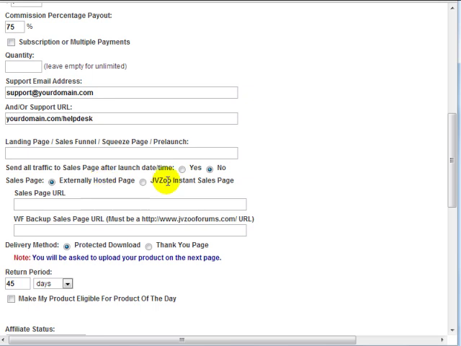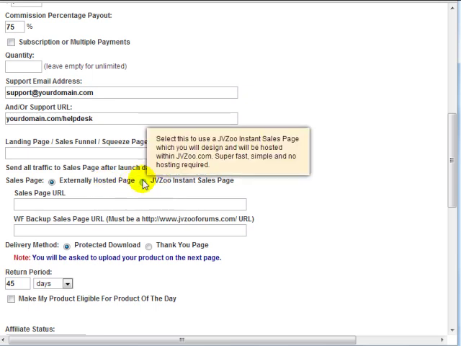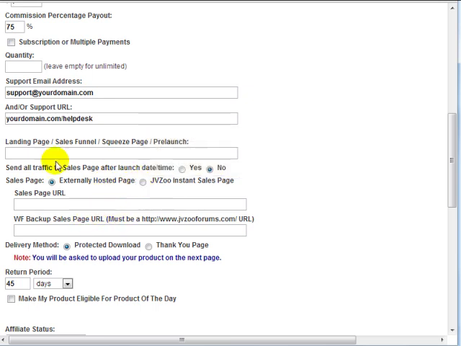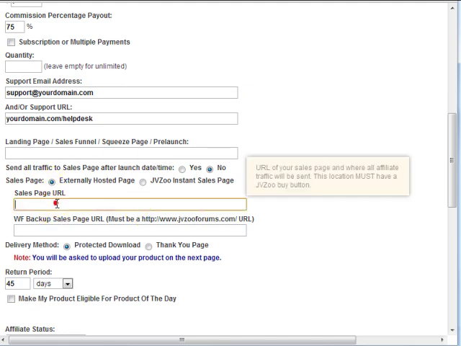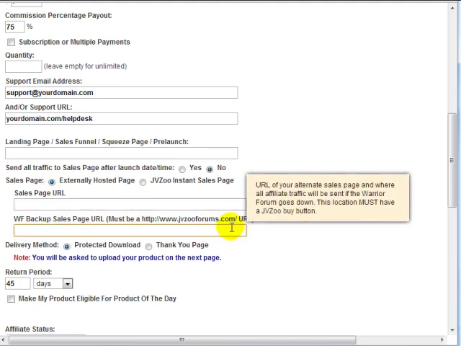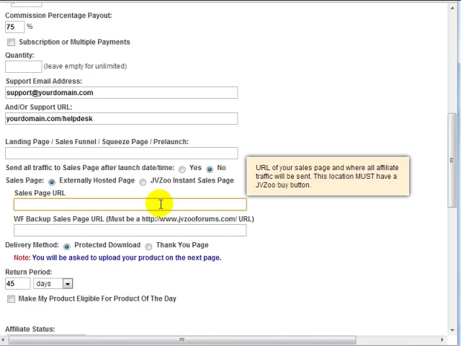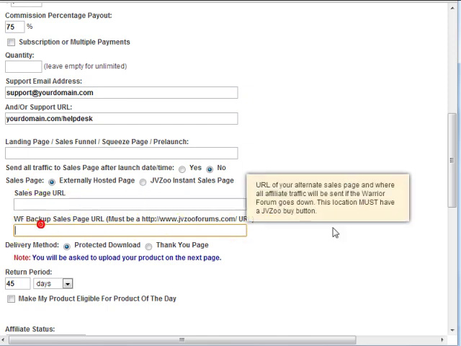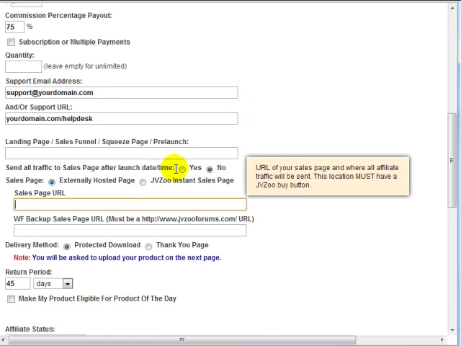And remember, you have for the sales page, if your sales page is on the warriorforum.com, then you can enter this here in a backup URL here. So if the warriorforum.com is your sales page URL here, enter that here, and then the backups here. But if you're like me, where you're not using the Warrior Forum, simply enter the sales page URL here. So in this case,